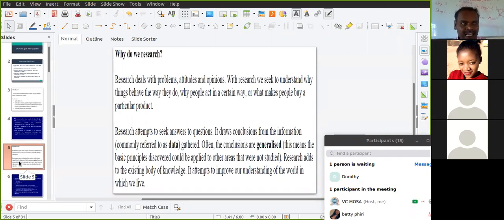So research is basically to identify problems or to understand the attitudes and opinions of individuals. When you do these things academically, you are enriching your knowledge. Through enriching your knowledge, you are getting your degree. At the end, you are producing research projects, so that will make your study effective and lead to graduation.